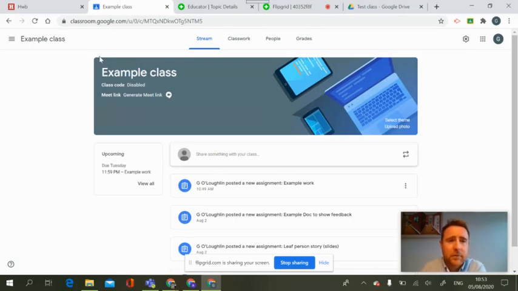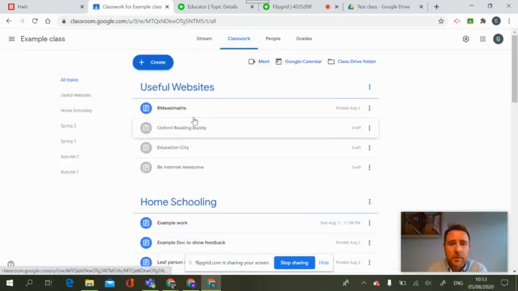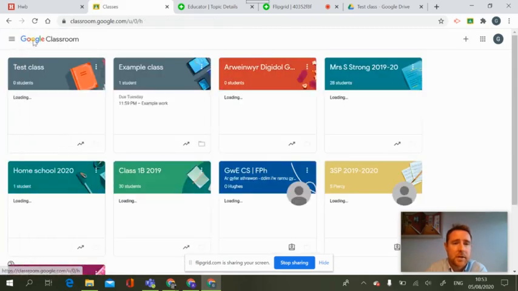Okay, when I'm looking to give feedback to pupils on their work, if I'm in my Google Classroom, I can select the classwork option and I'll be able to see all the work that's been assigned. So you can see here that the blue ones are the links that have been assigned. If I show you, just going back to my classes, where I have my classes, so this is my class